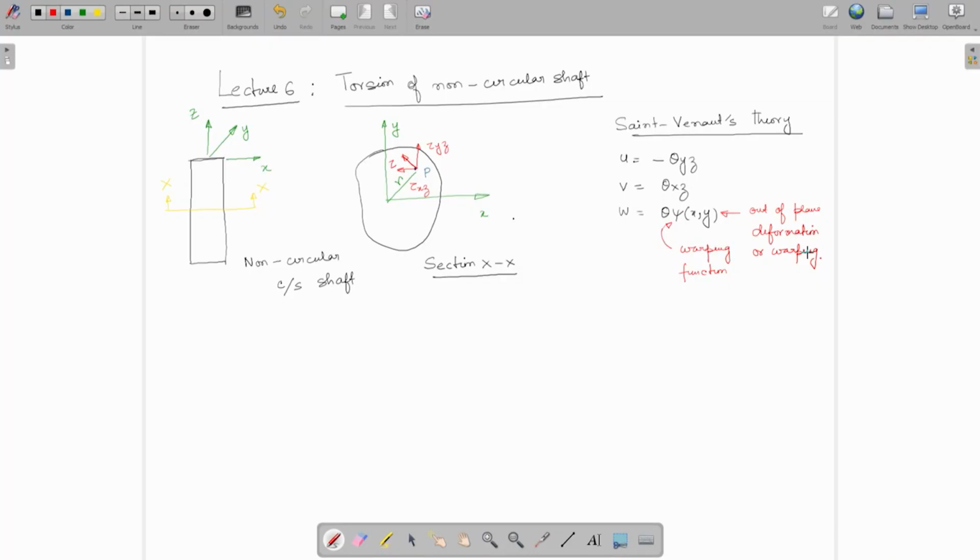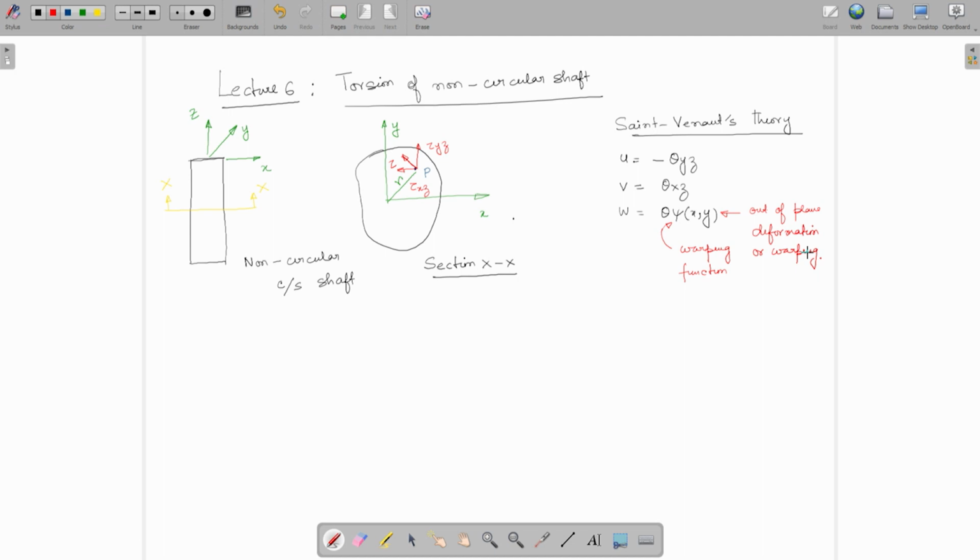Everyone, welcome back to aerospace structural analysis. Today we will go to lecture 6, the second week, first lecture. It will be the torsion of non-circular shaft, which we started in the last lecture and will continue in